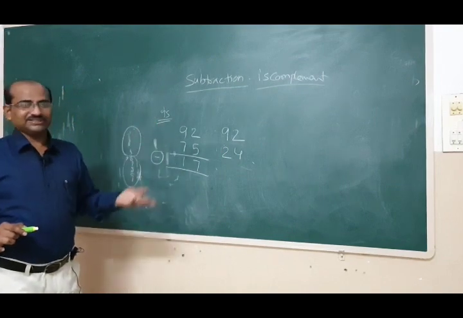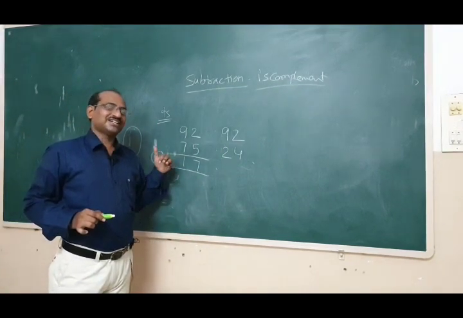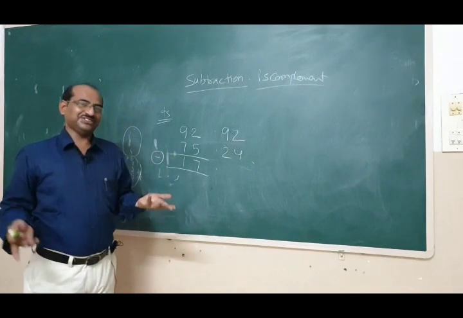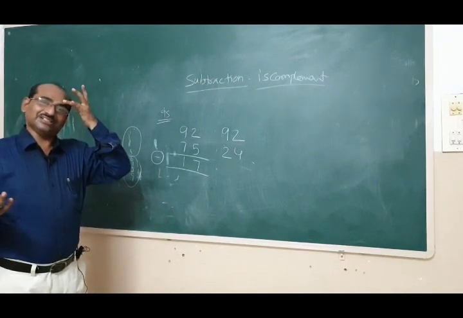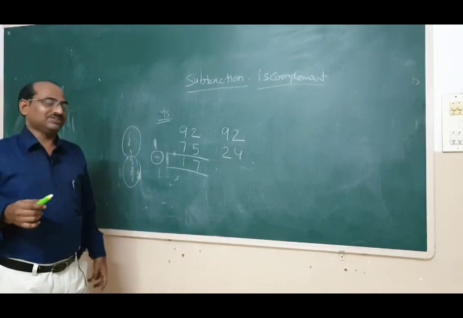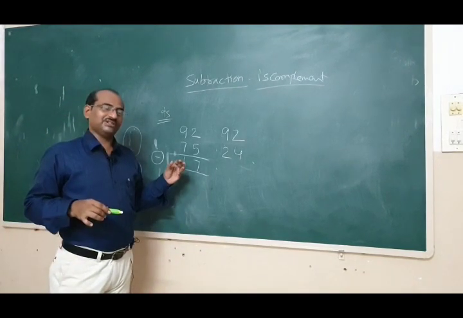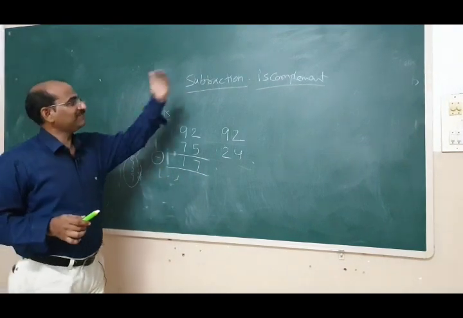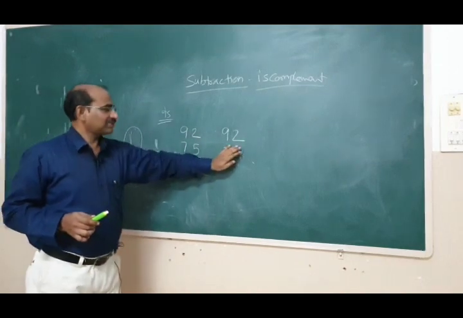But for binary it is very easy because there are only 2 numbers. The 1's complement of 1 will be 0, and of 0 will be 1. The leftover portion will be the alternate only. There is no other way, right? So the 1's complement of 0 is 1, and the 1's complement of 1 is 0. Just alternately you change the numbers. That is very easy for binary. Here you have to write the remaining portion like this.